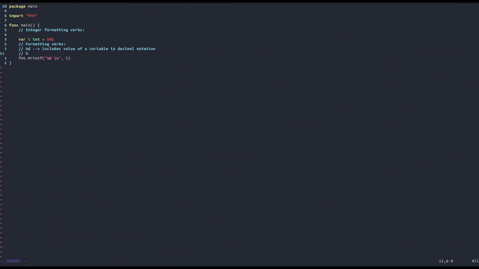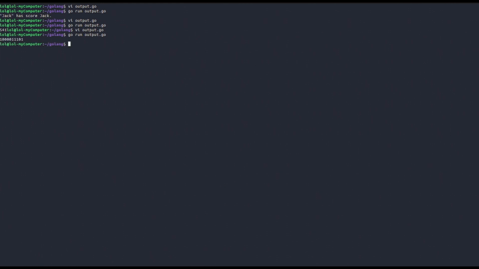One of them, for example, is binary, which is very important in computer science. To represent a number in binary in a formatted string, we use the %b formatting verb, and this includes the value of an int variable in binary. So let's try it with the 541 example from before. Now let's see what it yields. And the result is